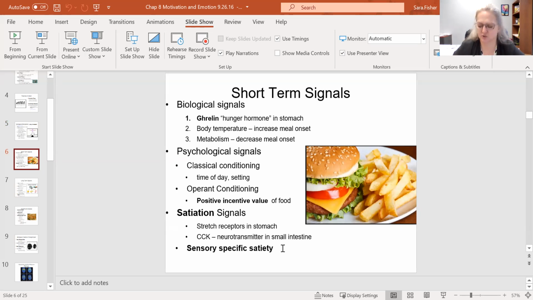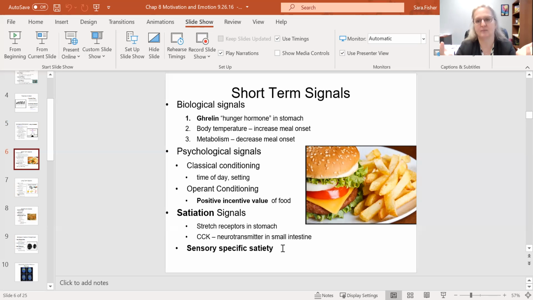Another important word that you can count on showing up on a quiz is sensory specific satiety. Sensory specific satiety is a fancy way of saying you are tired of the same food. One question that shows up on an exam, and I'll get to it a little later, is to name 2 specific things you can do if you want to quit eating or eat less. This concept says that we will grow bored of a certain flavor, so we are saturated with a specific sensory experience.